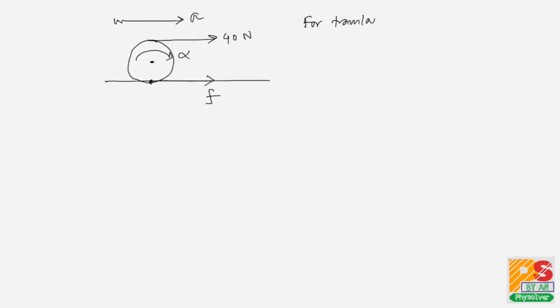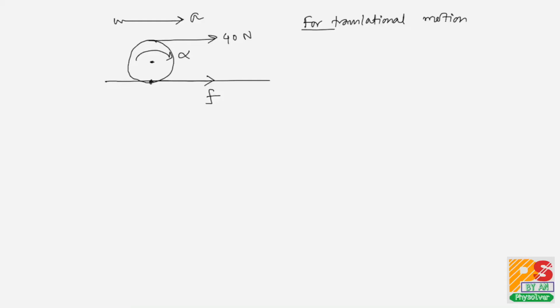Okay, proceed to the next slide. This is the surface. This is the cylinder. A 40 Newton force acts like this, and I assume in this case the friction is acting in the forward direction. This is the friction. Okay. Now suppose the acceleration of the center of mass is A and the angular acceleration is alpha. Now for translational motion,